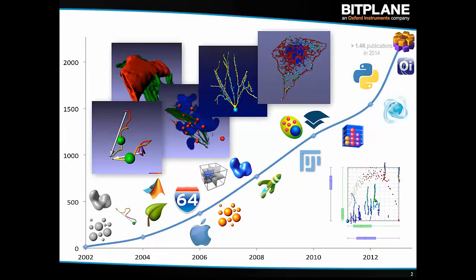Technology logo means we were acquired. Bitplane was an independent company, acquired by Andor Technology that makes microscopes, and probably you all know their cameras, the EMCCD cameras, and more recently the sCMOS cameras. And even more recently, just a year ago, we, meaning Andor and Bitplane, were acquired by Oxford Instruments, better